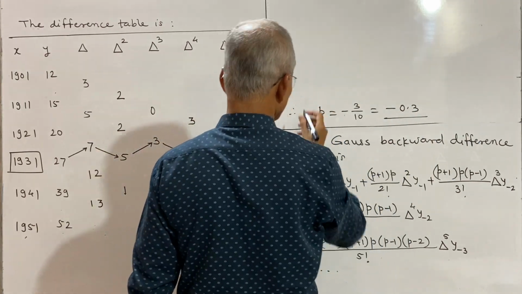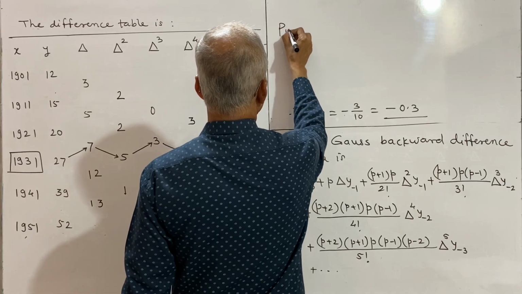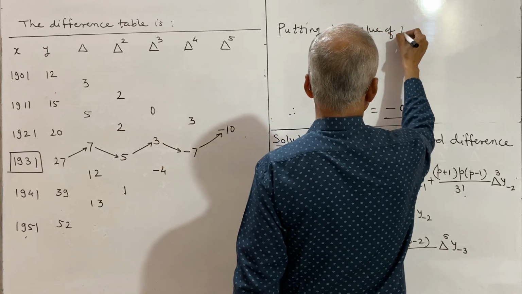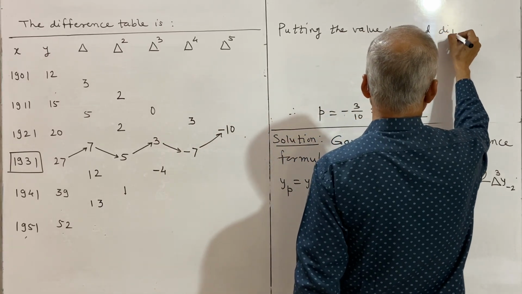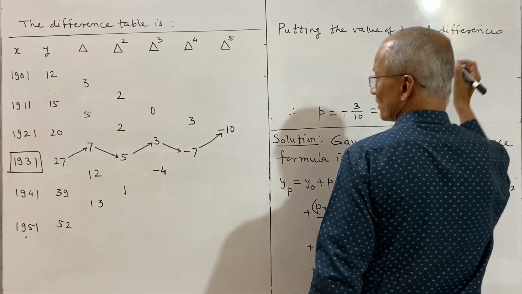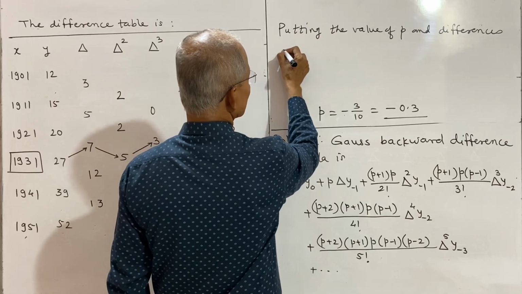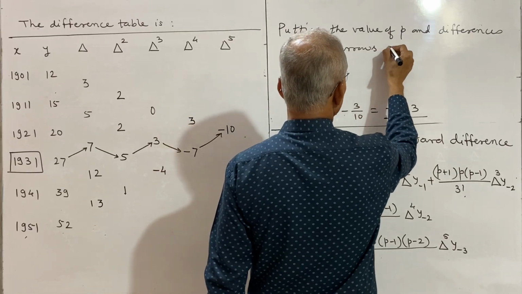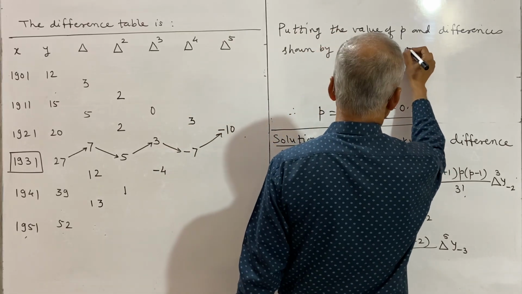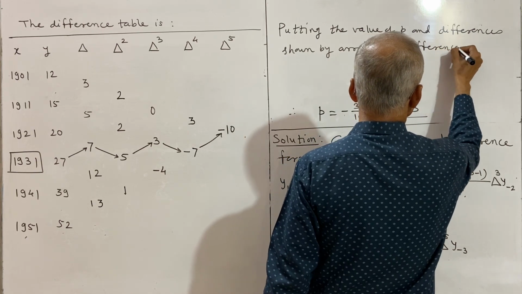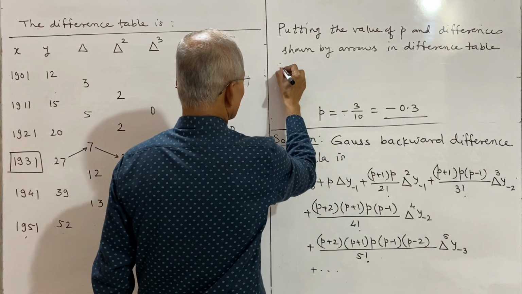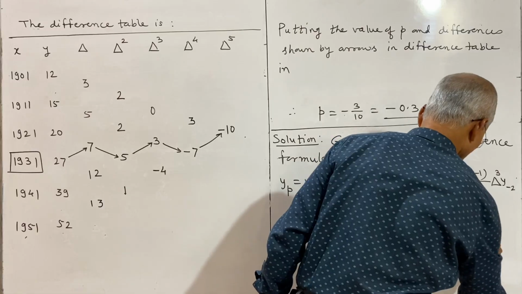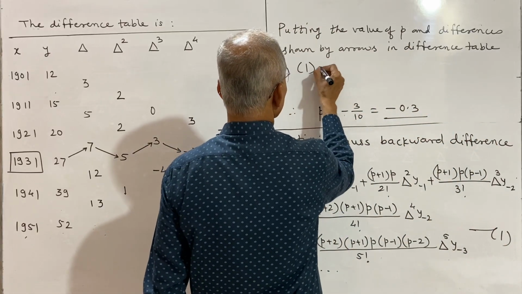Putting the values of p and the differences shown by arrows, the arrows in the diagram in the difference table, in the Gauss backward difference formula, or we may suppose this as 1. In 1 we get